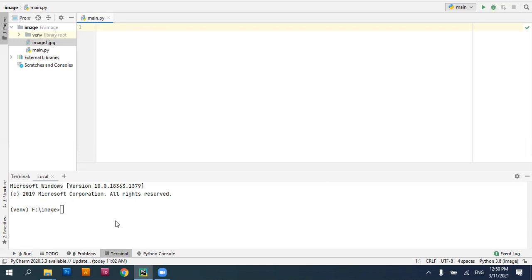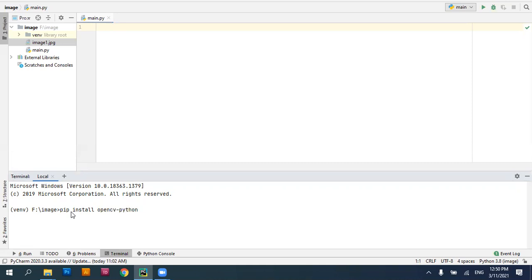Here you have a terminal option. On the terminal option in PyCharm, just check whether you have the OpenCV library in your system or not. I'll be using pip, followed by install, and then type opencv-python.